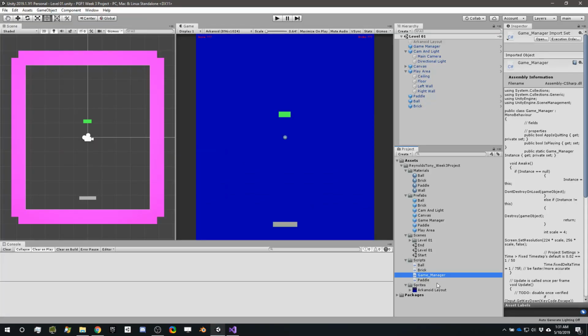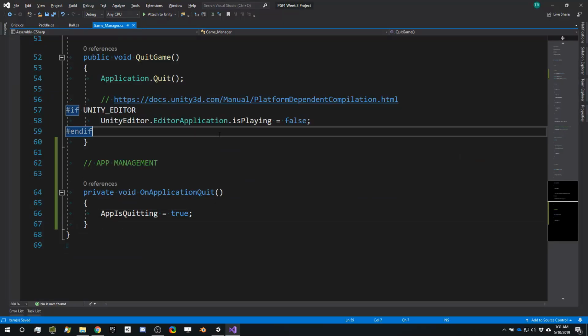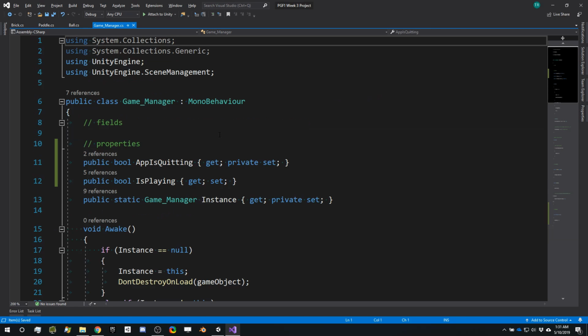So again, double-clicking on the Game Manager, we're going to go all the way to the very top, because this pass on the Game Manager is going to have our final level management that allows us to automatically jump to the next level when we win. It's also going to have the concept of winning and losing. It's also going to have the score as well as the UI update capabilities that link all these final pieces together. So right up here at the top in our field section,